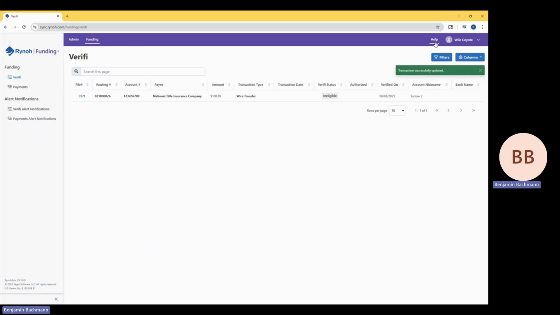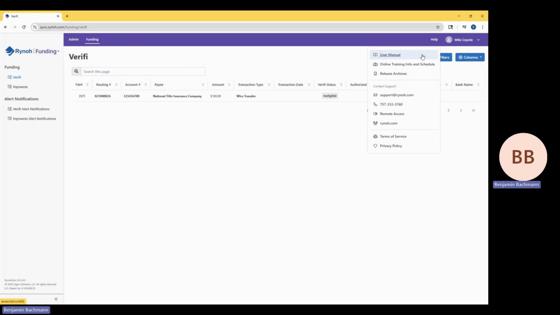I will show you as well if you ever need additional help, you do have access to this help menu up at the top where you'll see a user manual, online training links, and the ability to schedule online training, as well as our support@rynoh.com email, which you can always contact 24/7 if you do need any support with your Rynoh